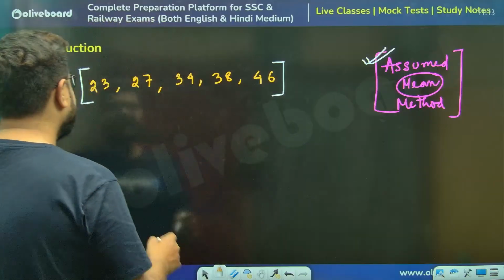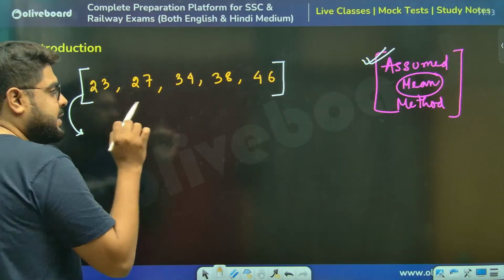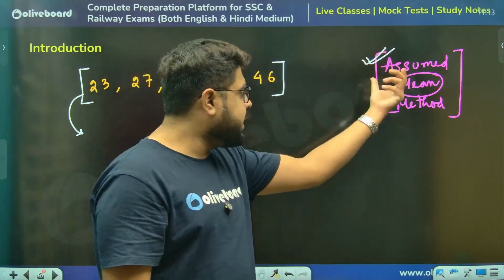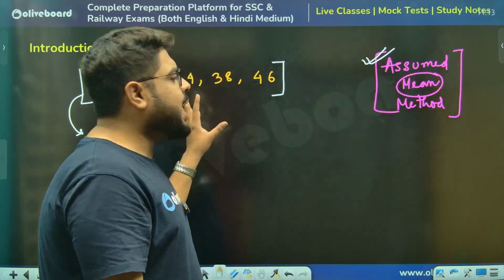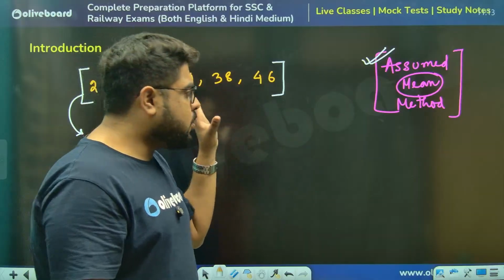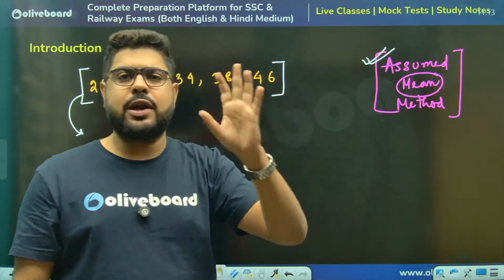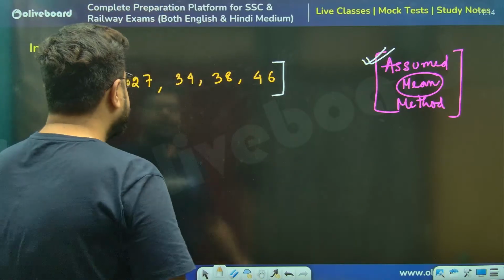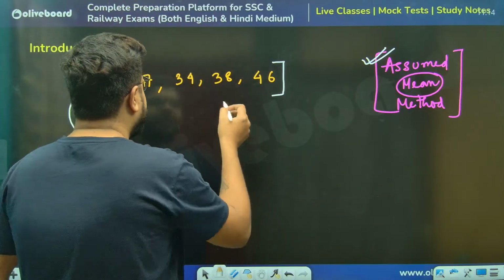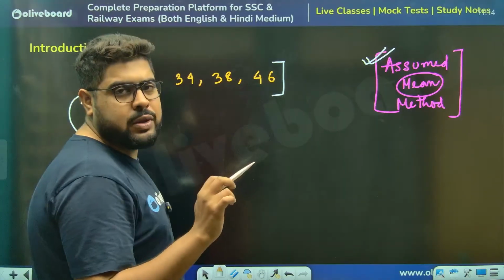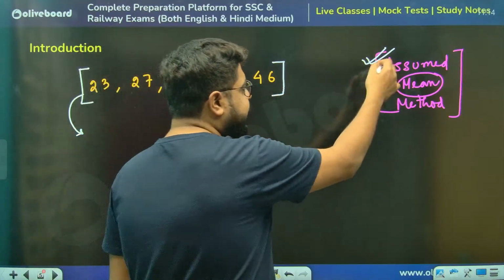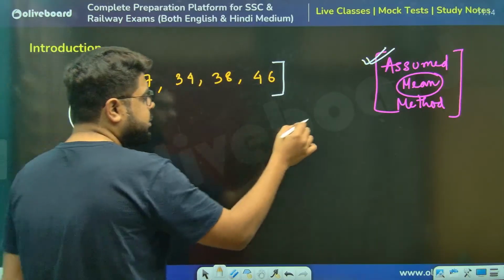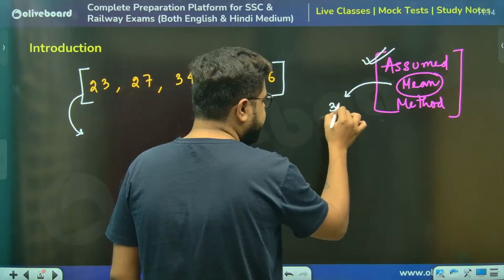But what I'm saying, it is always better. Remember, if you can take your assumed mean, assumed average closer to your actual average, the closer you can take, the better, the smaller will be your calculation. So just take an idea from here. Sir, if I take a look at this, my average will be somewhere around 30. And we generally tend to take round figures for better calculations. So the assumed mean, in this case, I'm assuming 30.